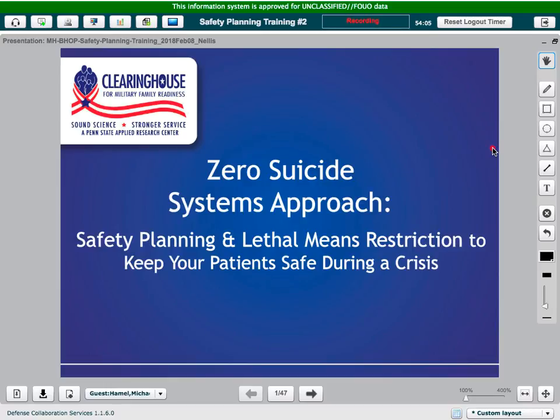Training as part of the Zero Suicide Systems Approach pilot project that we're currently engaged in. At this point, your base has completed several trainings that are associated with the ZSSA pilot, including screening and assessment training. But now we're going to start focusing on the treatment side of the house. And we're going to start with helping you standardize your approach to helping patients manage their risk for